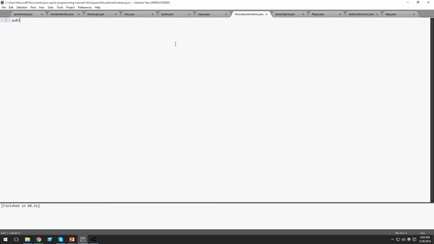And it's going to import java.awt.event.MouseListener. It's also going to import MouseEvent as well, and also java.awt.event.MouseMotionListener. Okay, very simple. Now public class MouseEventListener